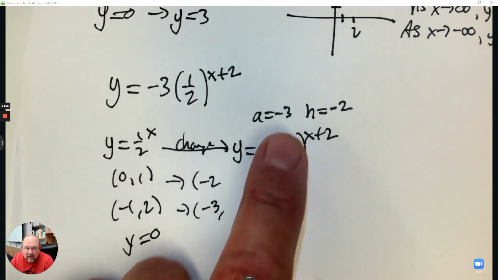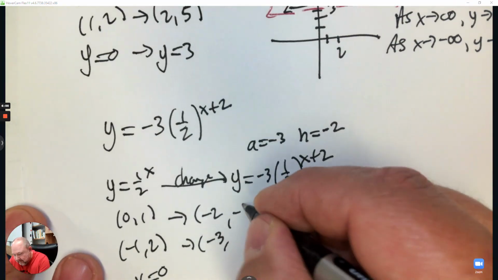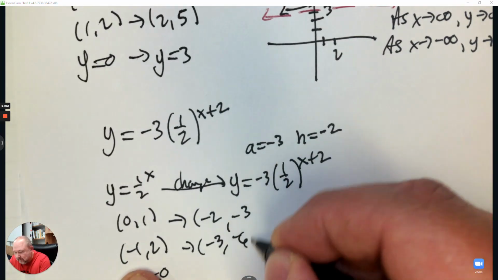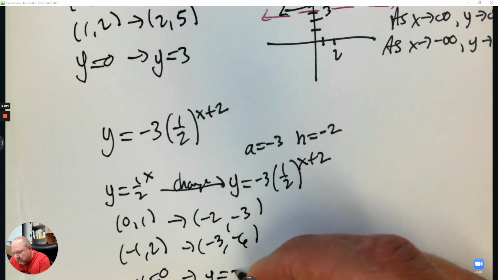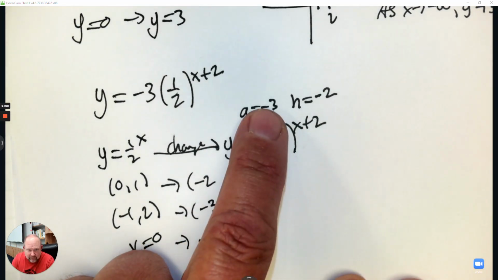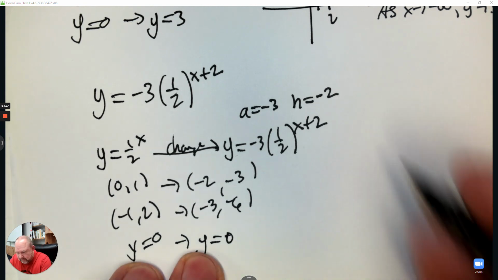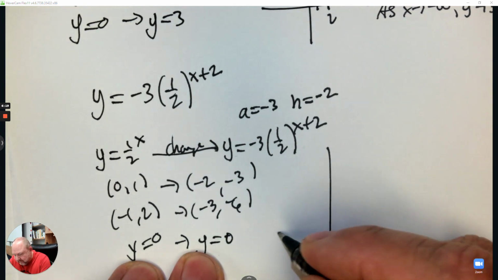To the y-coordinate, we're going to multiply. So we're going to go 1 times -3, and we're going to go 2 times -3. I want you to notice when you multiply 0 times -3, it stays 0. So when you multiply, the asymptote stays where it is. It's only when you add or subtract at the end that shifts the asymptote. So that when I graph this,